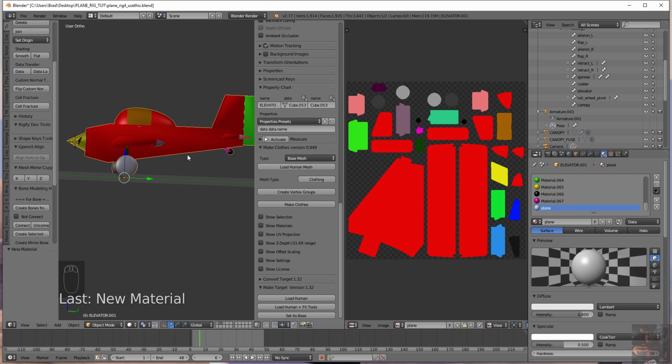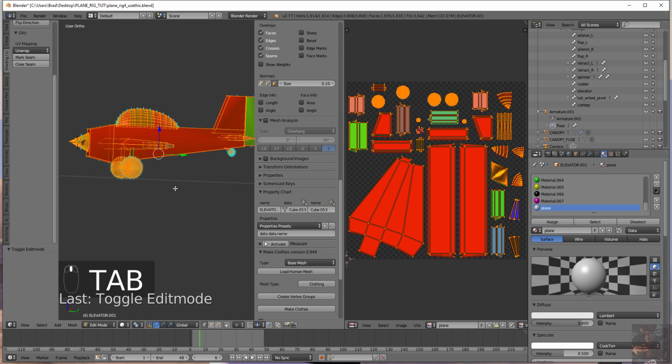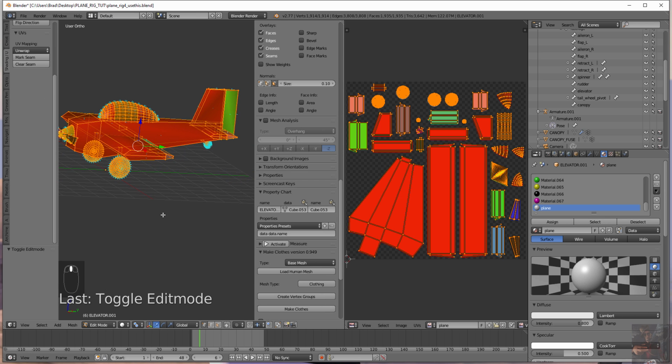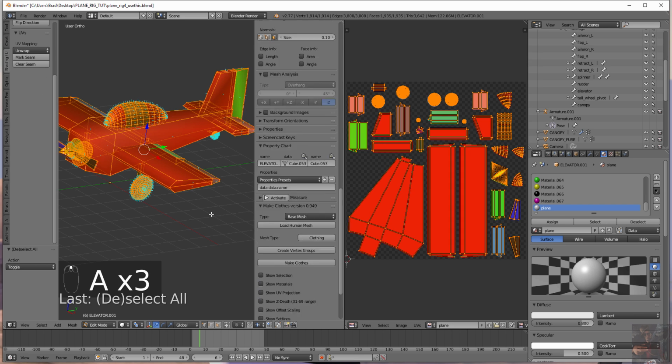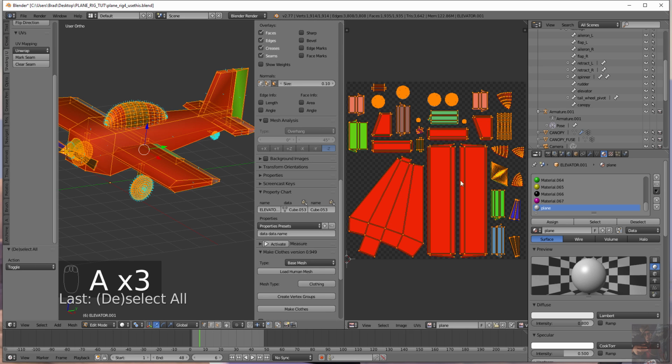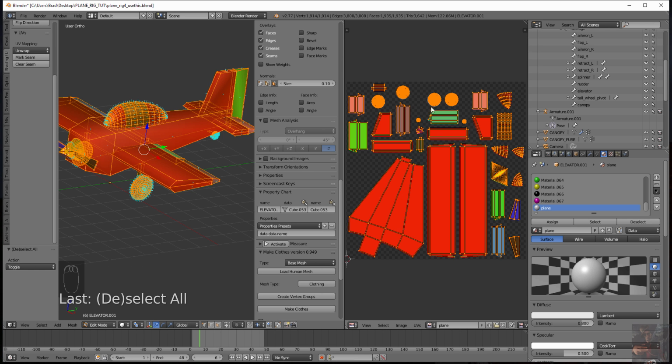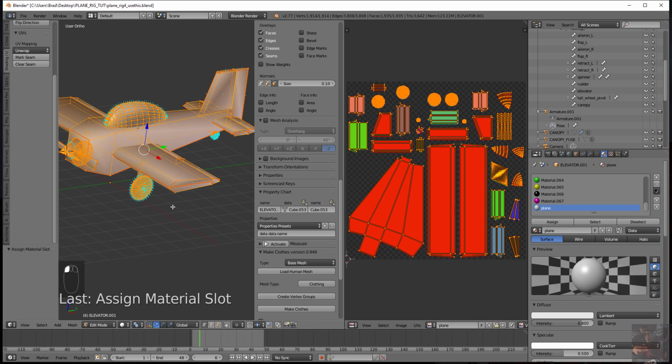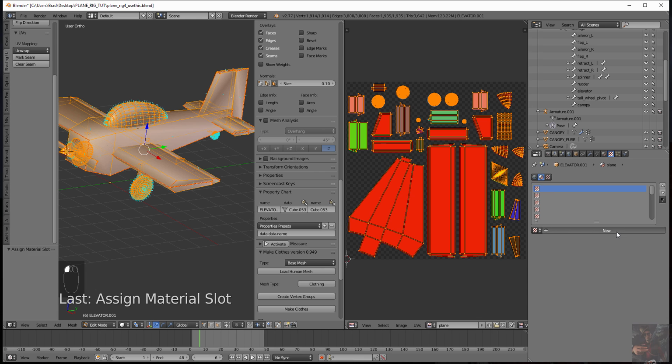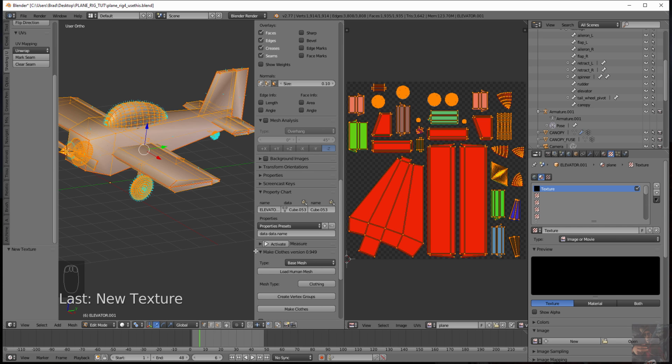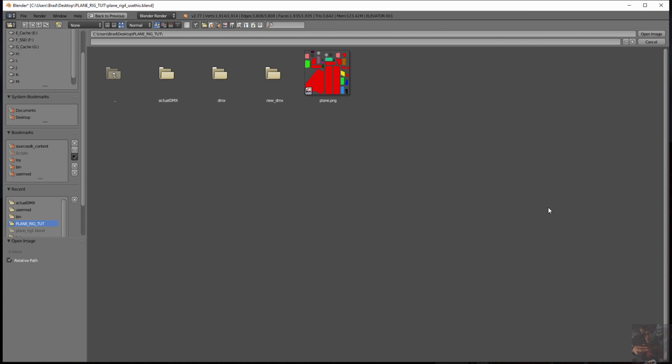I'm going to go into edit mode, and I'm going to select all the vertices because I need to be able to see that they're all laid out properly on the UV pad, and I'm going to click assign. Now that that's done, and I want to see my texture on the aircraft again, what I'll have to do is set up the actual texture. So open, and there it is there. Open that,